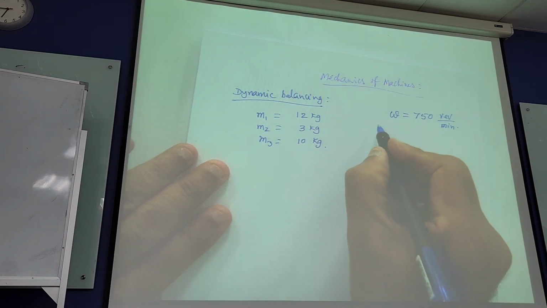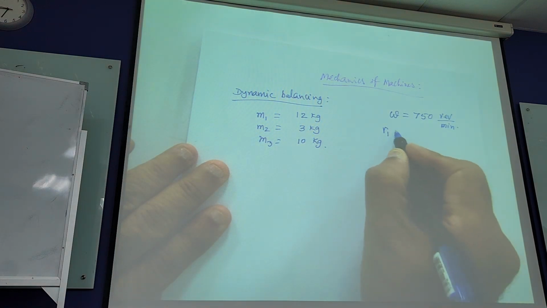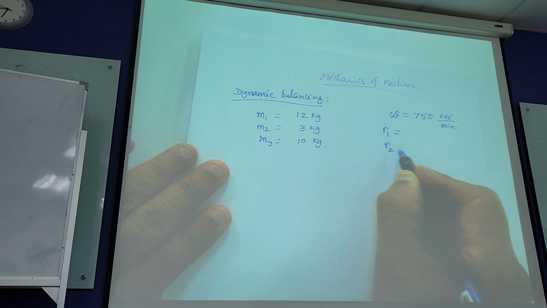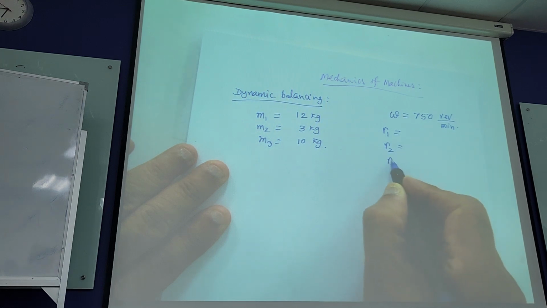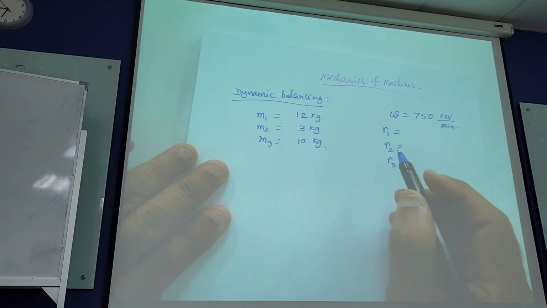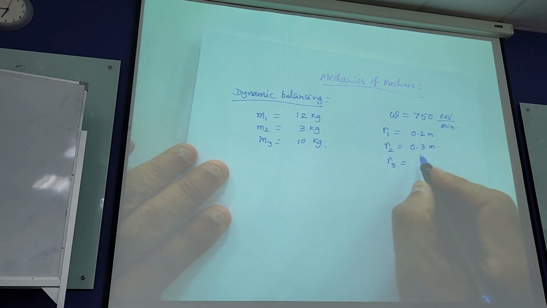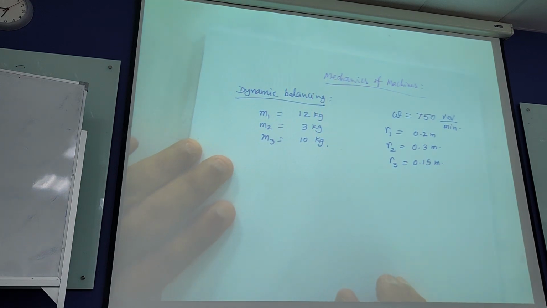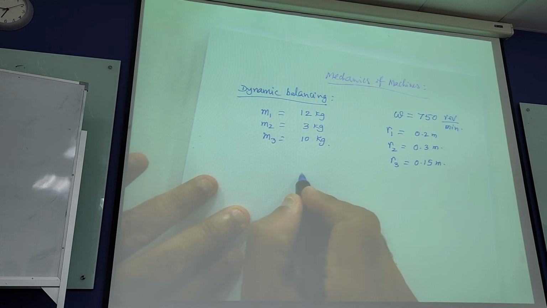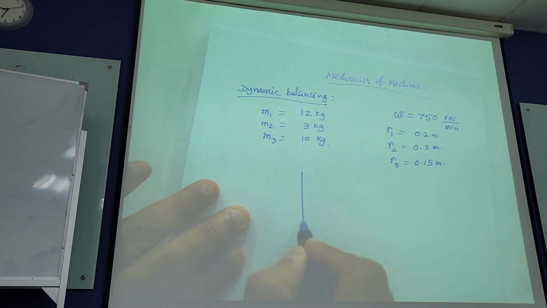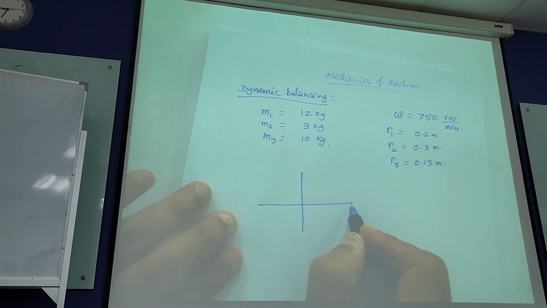So we also know the positions of masses R1, R2, R3. So R1 is 0.2 meters, R2 is 0.3 meters, R3 is 0.15 meters. So the positions of the systems in the XY coordinate system are